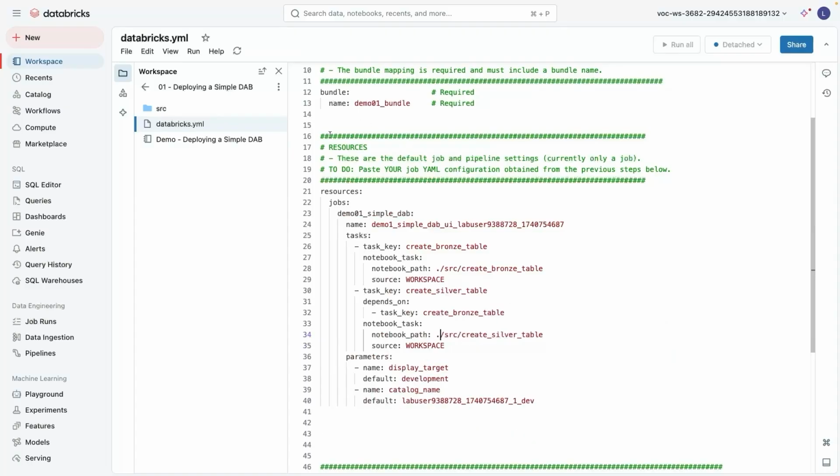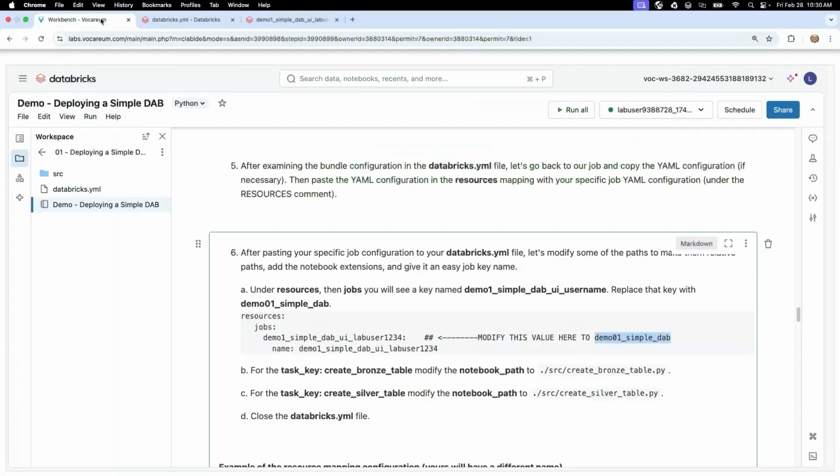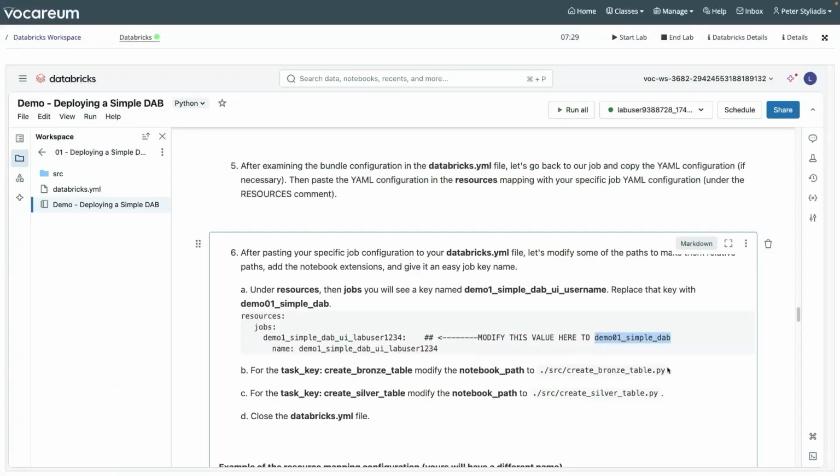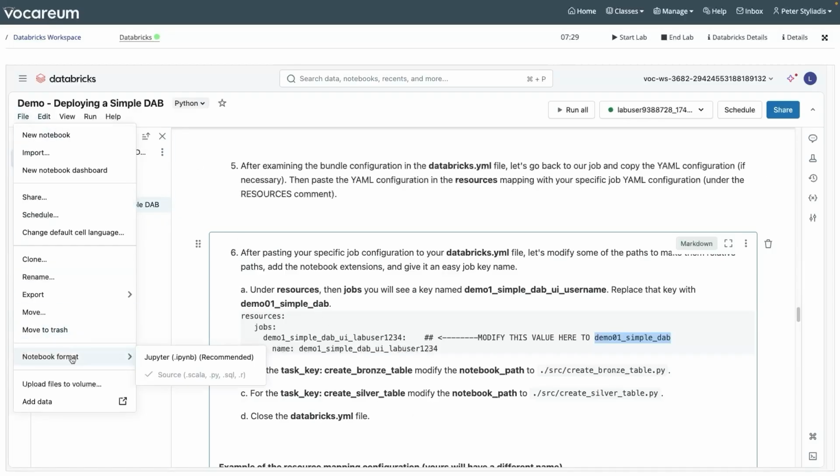Now, if I go to try to run, this actually won't work yet because we need the extension of the notebook. So let me go back to just the first notebook we were working with. We need to add these extensions. Now, starting December 20th, 2024, the default extension of a notebook is actually .ipynb. So you have to make sure you know what extension your notebook is. And to do that, you can select File, go to Notebook Format, and we can actually see